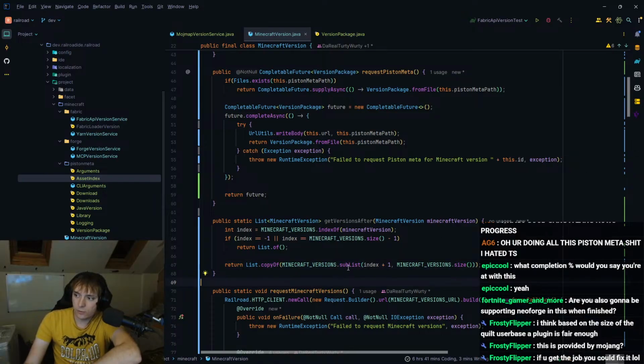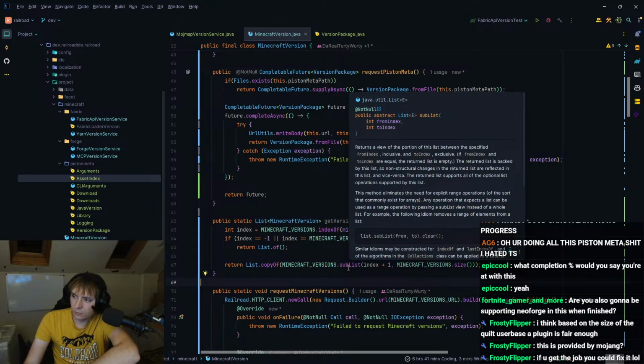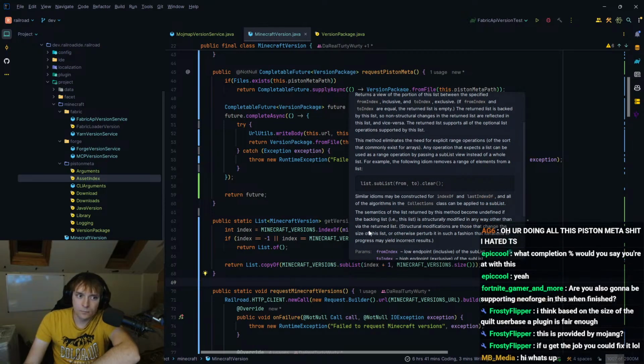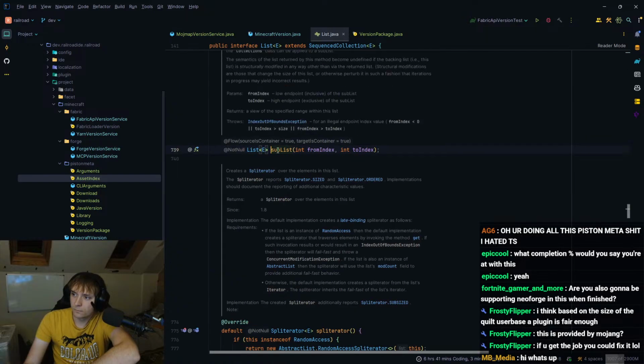Question: does a sublist not make a copy? Is it range elements from? Apparently not. Huh. Or maybe it does. The semantics of the list returned by this method become undefined if the backing list is structurally modified in any other way.